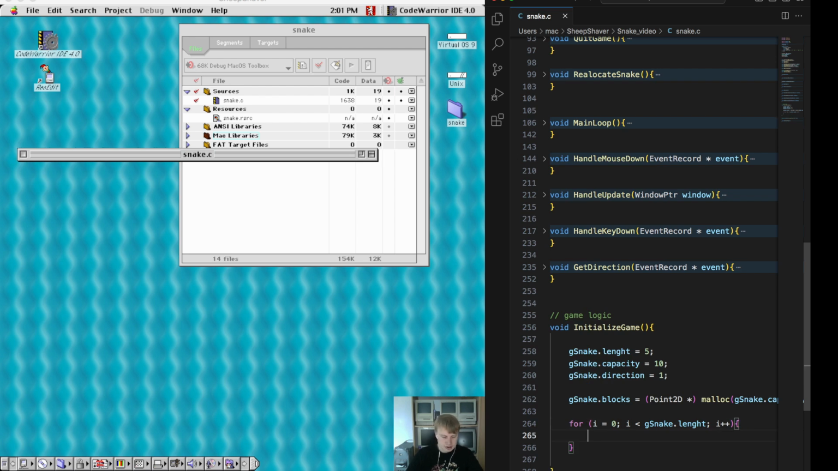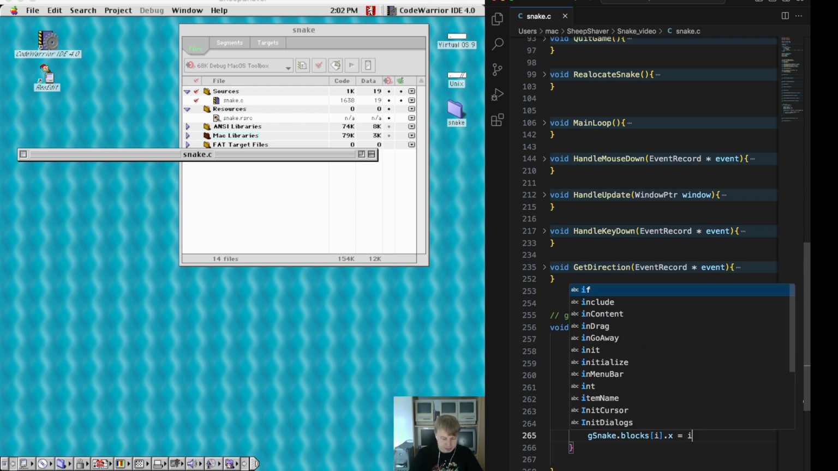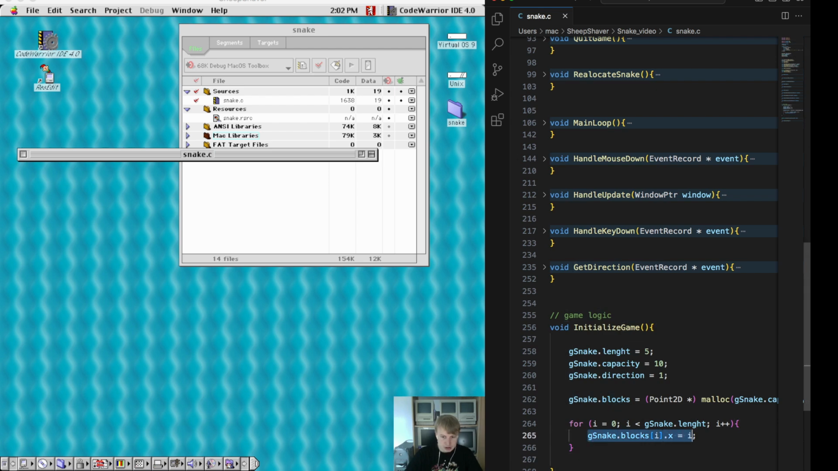snake dot blocks on the ith position will be, so x will be some value, and similarly for the y position. So here we need to place the snake somewhere, and so it's better to put it